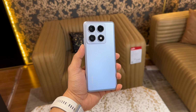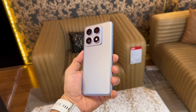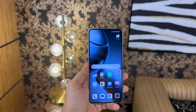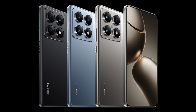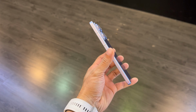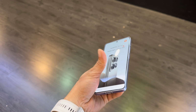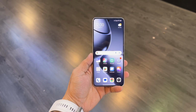Let's get started. Starting with the design, Xiaomi has gone with a premium feel. The Xiaomi 14T Pro comes with a sturdy aluminum frame sandwiched between a matte finish glass back and an in-house dragon crystal glass front for extra durability and protection. Available in a range of colors, it not only looks luxurious but feels robust in hand too. At just 8.4mm, it's quite thick though, but not compromising on build quality. The 14T Pro is IP68 water and dust resistant, so you don't need to worry about accidental spill or dust